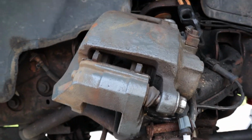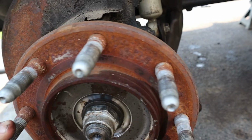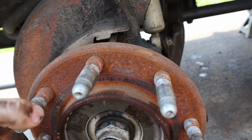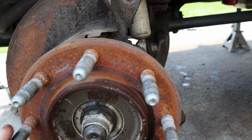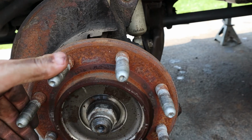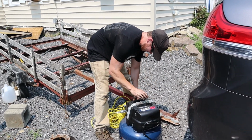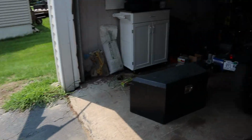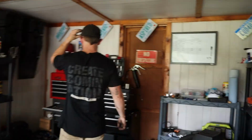Got the brake caliper all seated up there. Got the brake rotor off. And now it's gonna be a matter of getting this nut off, which in reality probably should have done while it was on the ground, but that's okay. I'm gonna try and block this up and then go to town on it. Let me find where I put the...